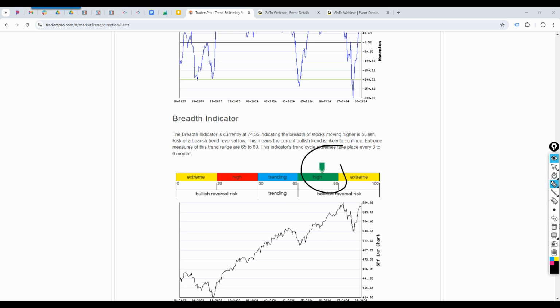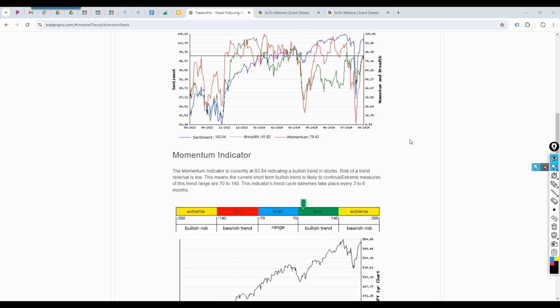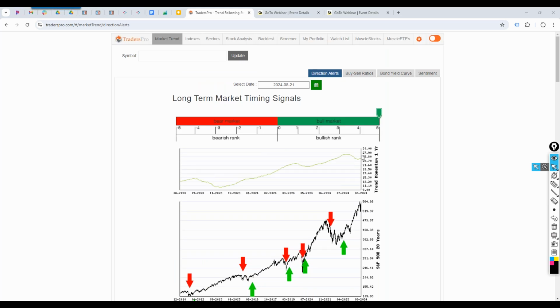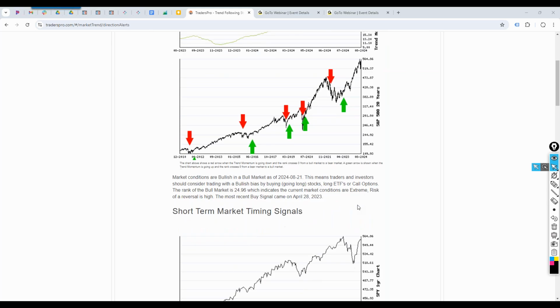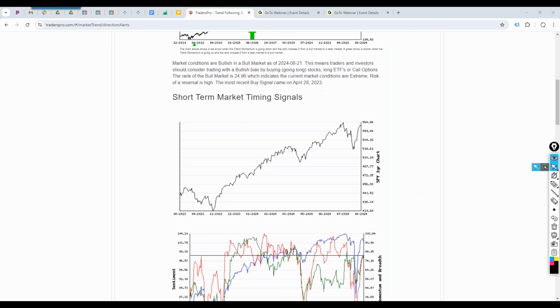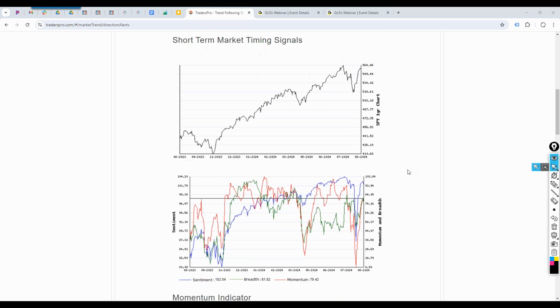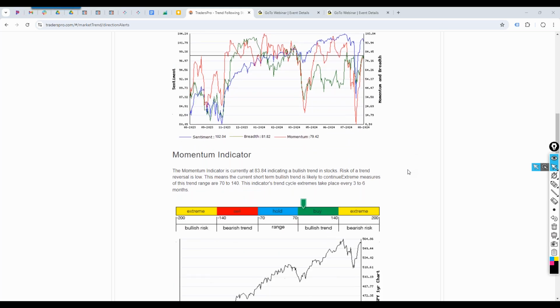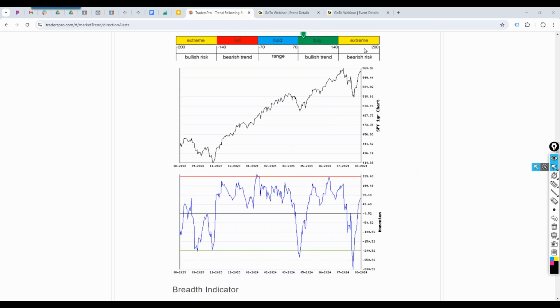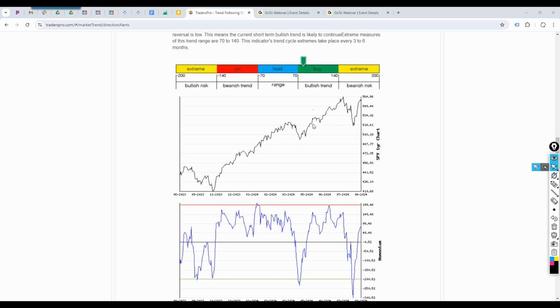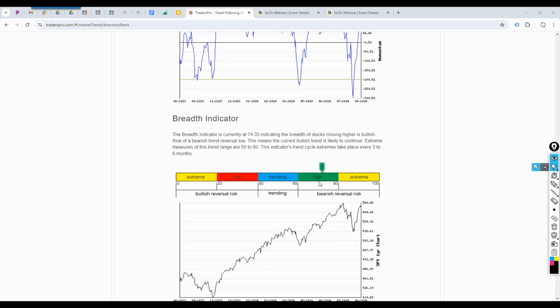Okay, so right now we know that we're in this long-term uptrend, and we're at the top end of this long-term uptrend. In the short term, we know that we've had this retracement, and we've now had this run up potentially to this top. Now, some of the characteristics of the rally we also want to be aware of. Did this rally pull momentum higher? Yes, it did. It pulled it back to that uptrend. Did it pull breadth higher? Yes, it did. We're back now in this uptrend.